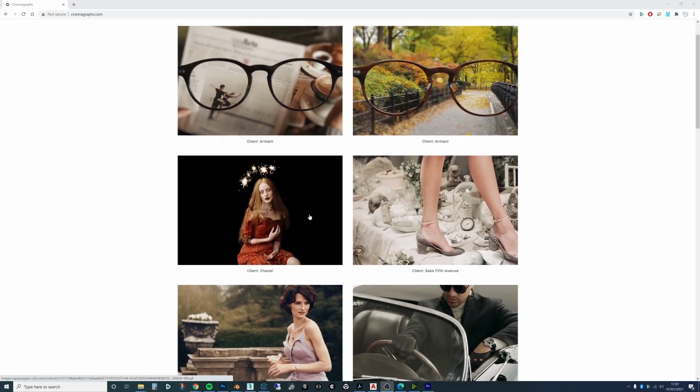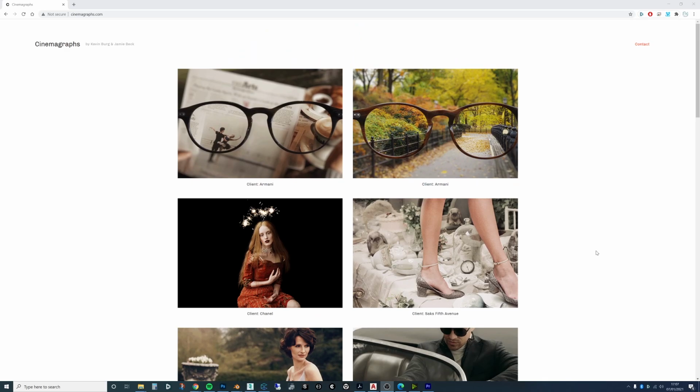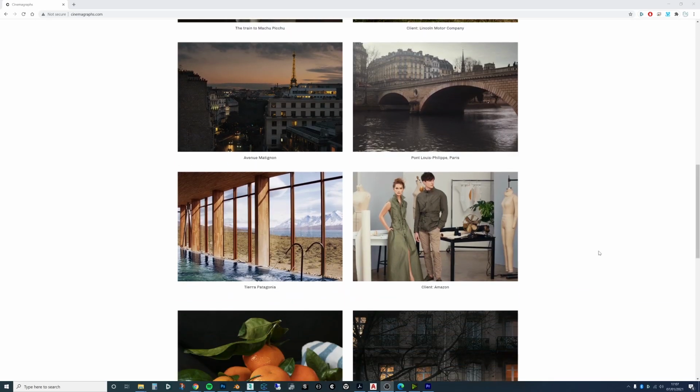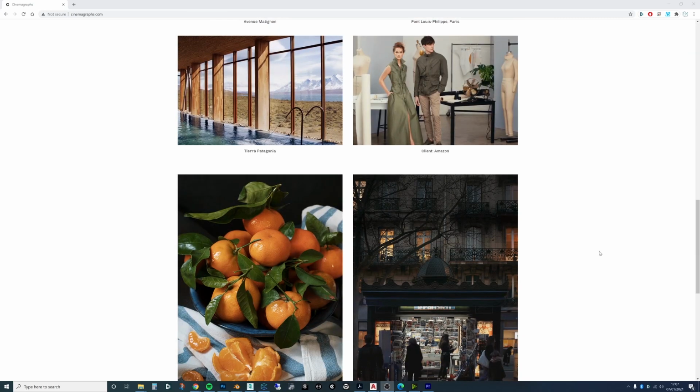So here are some examples that I found from a website, and you can see that generally the idea is that one part is just waving in the wind or something, and it's quite peaceful, it's quite nice to watch, whereas the other parts are completely static. So I will show you how I made this clip here.